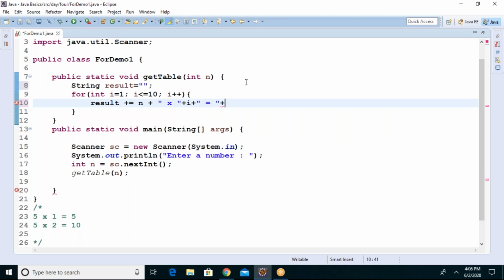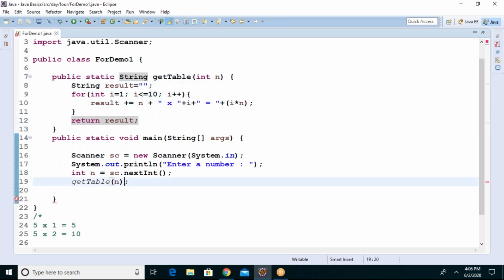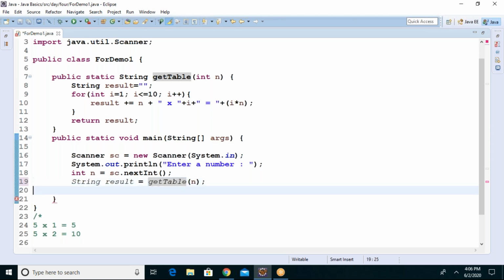Then last one, 5 1 ja 5, 5 2 ja 10, i into n, i star n. Into means star here. Then return result. The type is String. And here I receive it with String result equals, then I'll print that.